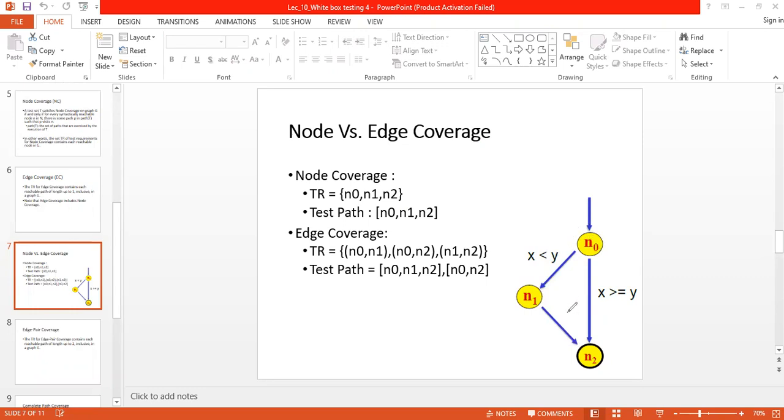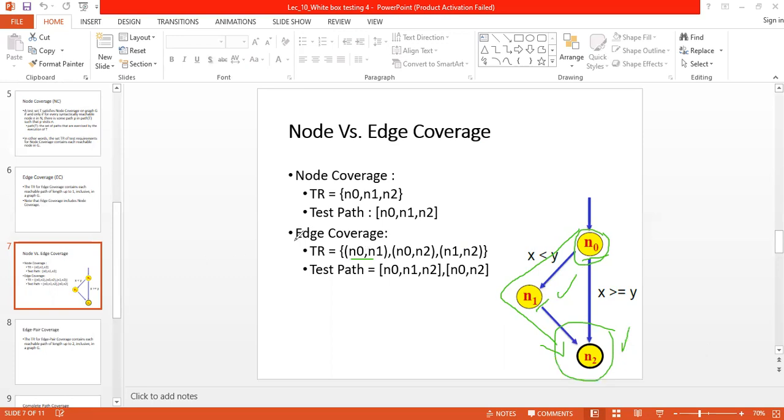Node 0 can reach either 1 and 2, right? So in that case, this would be my test path. And if we talk about the edge coverage, it will be N0, N1, then N0, N2, then N1 to N2,